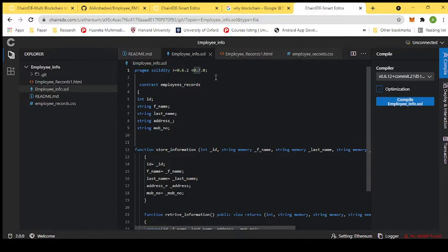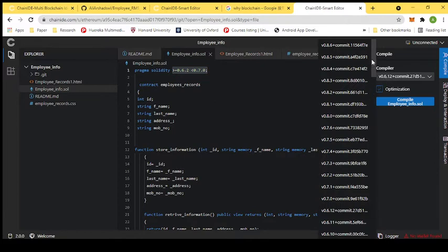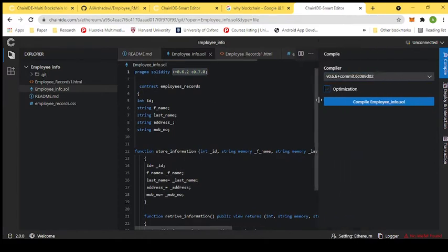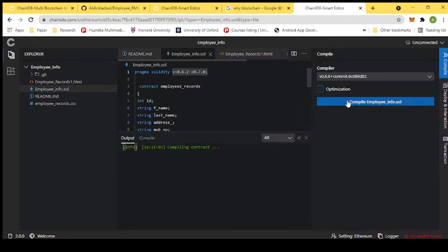We can choose any in between these values, so we will choose 0.6 maybe. Here we press the compile button and it will start compiling, and if we have any error it will show in the output section here,